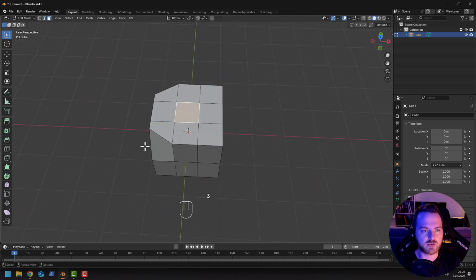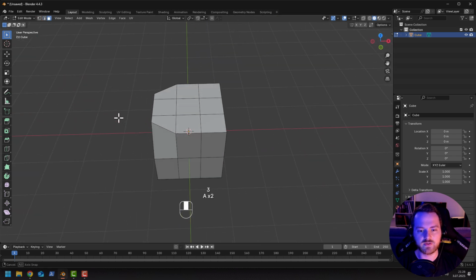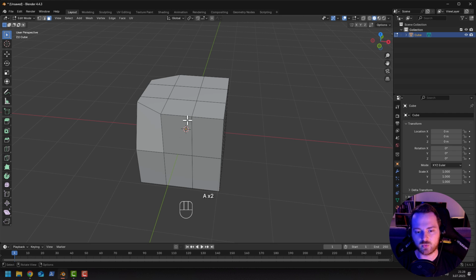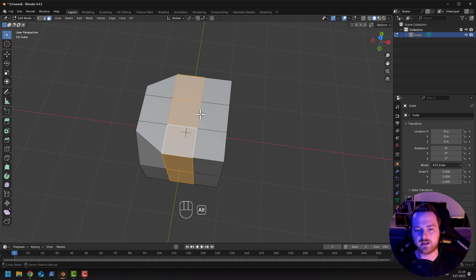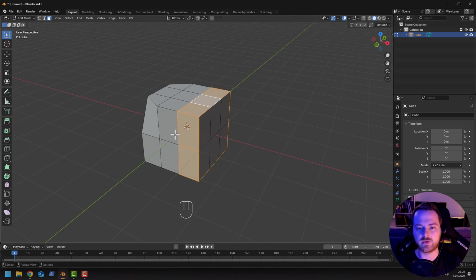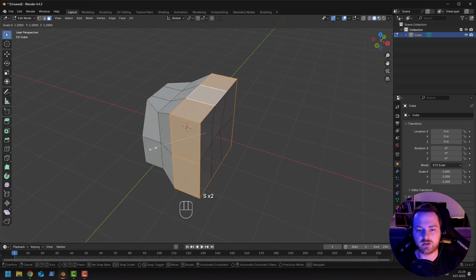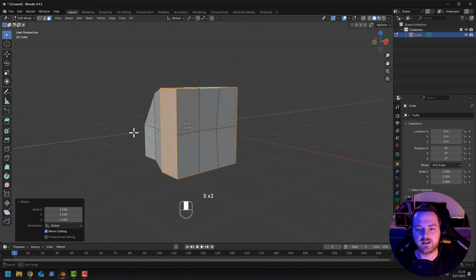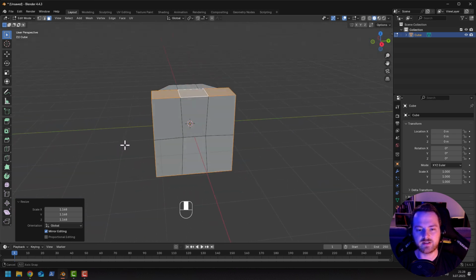Of course, it works also in the face mode. So if I go to face mode, now you have to be careful where you click, because if you, for example, want to select this ring, you have to be close to the edge that is across that surface. So for example, if I would like to select this one, I have to be close to this one, because if I will be here, I will select this loop. So this is very useful. So for example, now you know we can also scale it, and we kind of accidentally created an old school